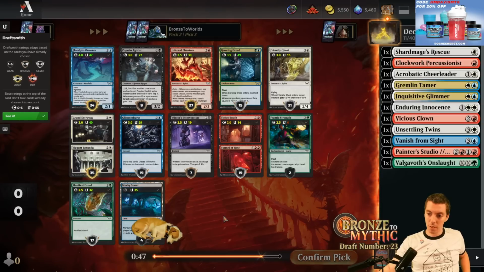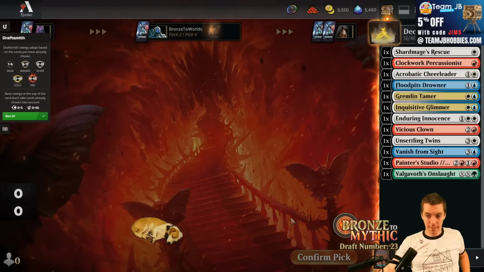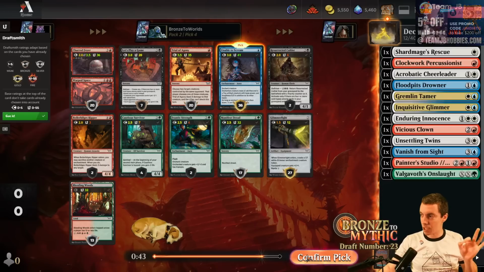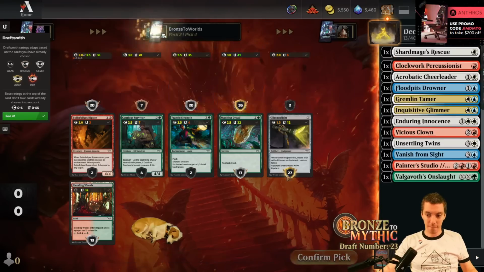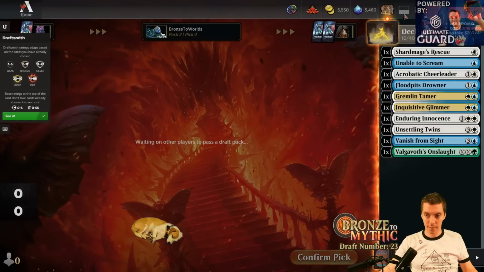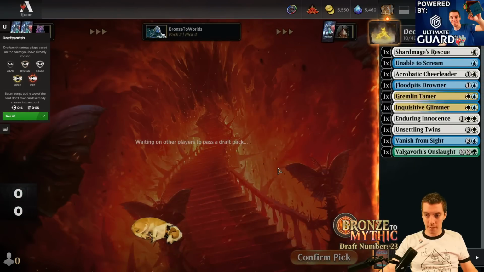I think it's still Flip Bits Drowner over Entryway or Glitter Burst. Unable to Scream is great. Where are the white cards? We passed literally 0 white cards. Yikes. So, blue-white splashing Onslaught. Still have a lot of work to do here, but...